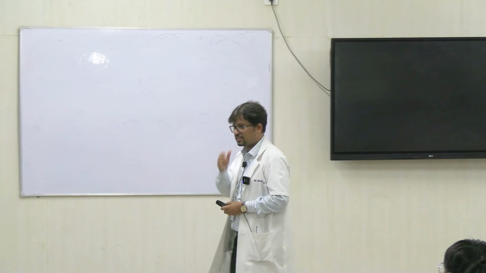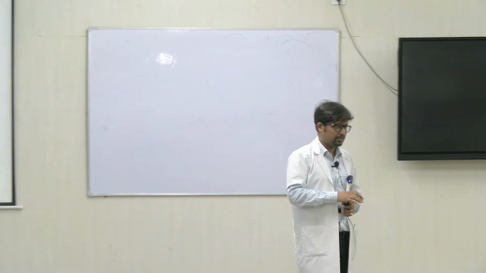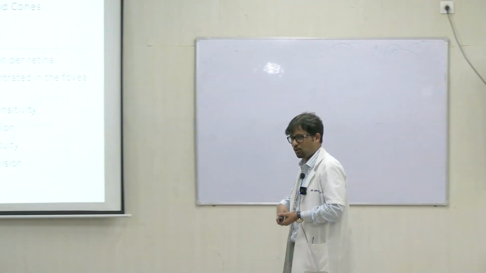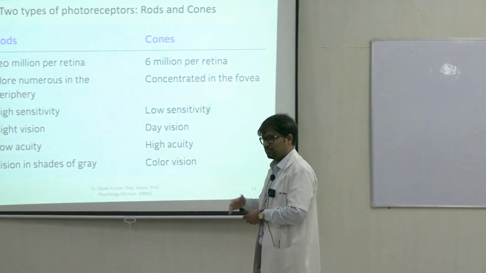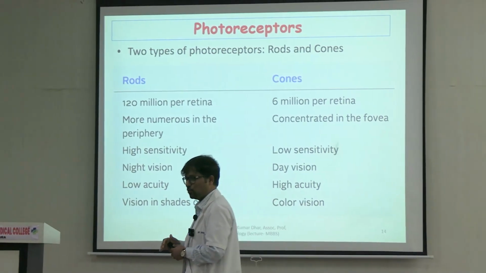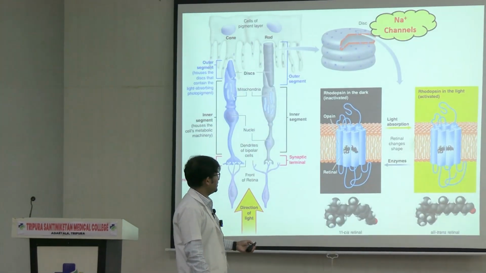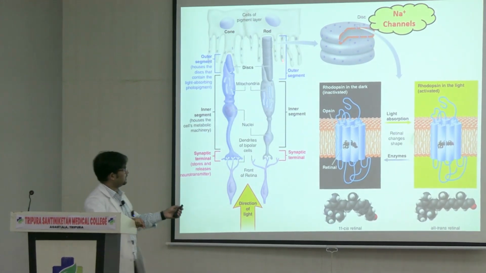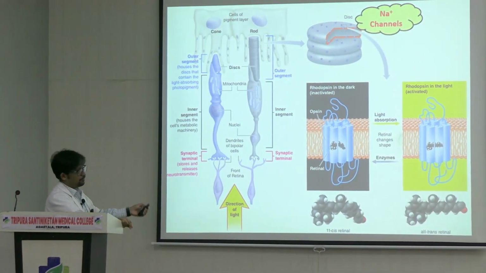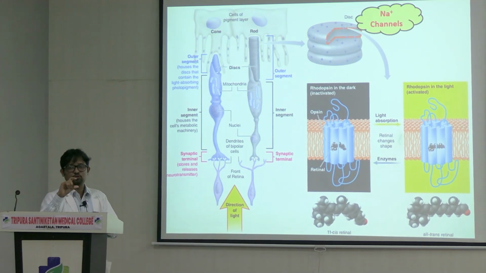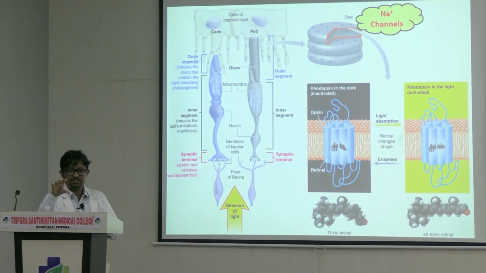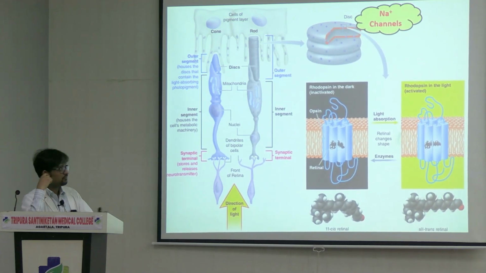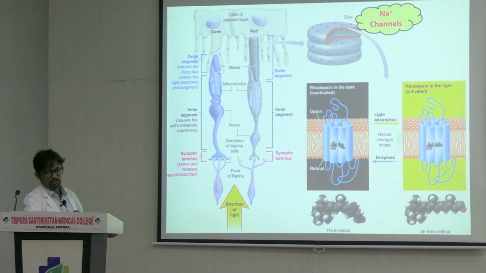Now coming to the differences between the two receptors. So rods are rod-like, that is why the name rods, cylindrical. Cones are conical, that is why the name cones. And this difference in shape is actually in the outer segment. So both these receptors have an outer segment, which is this, where stacks of photopigments are present. Rhodopsin, iodopsin, all of this. The pigments which get bleached during the process of vision are stacked here, right, in the outer segments.